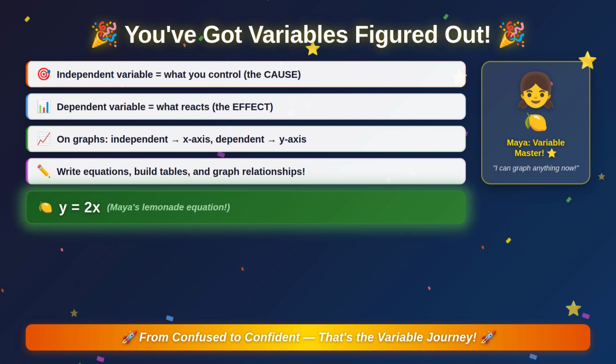Let's recap. The independent variable is the one you control, the cause. The dependent variable reacts to it, the effect. On graphs, independent goes on the x-axis, dependent on the y-axis. From confused to confident. That's Maya's journey, and it's yours too. You're officially a variable master. Now go show off your